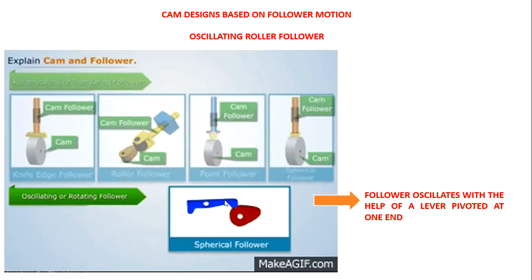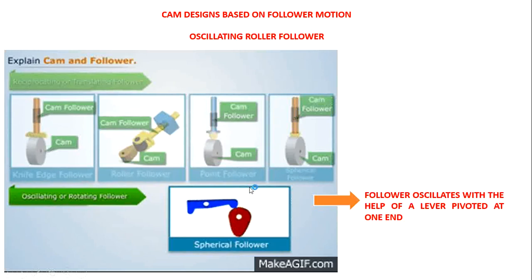You can see the simple animation. So this cam is rotating and it reflects the oscillating motion on the follower. So usually it will be followed with a roller follower. For that we need two things. One is a fixed end, a pivoted end, and another one is a lever. So the pivoted end and lever will be joined with that roller follower like this here. Now we'll look at the design.